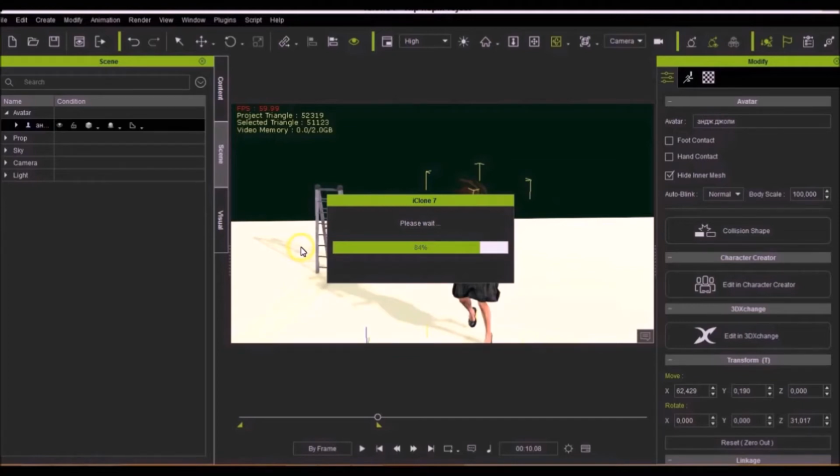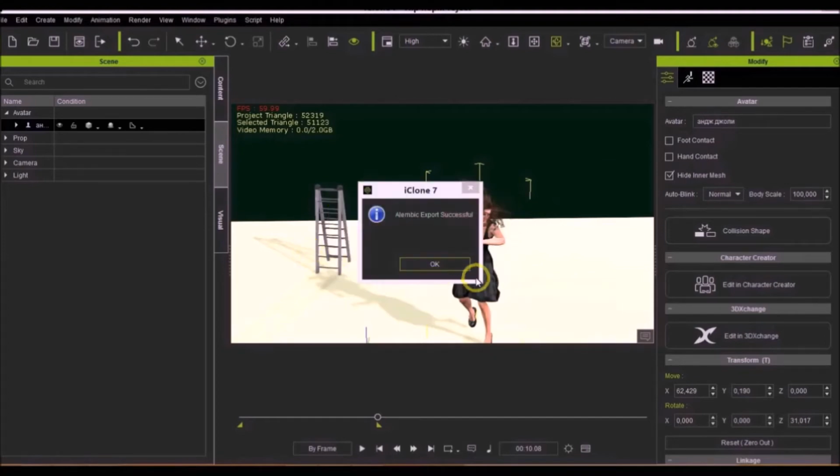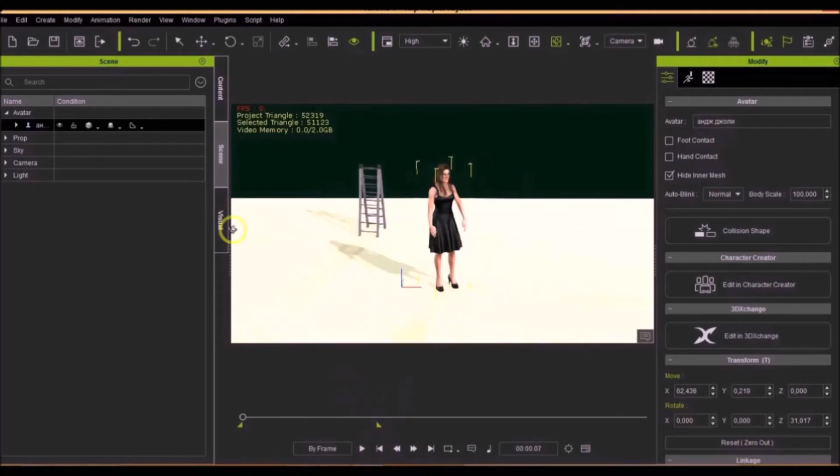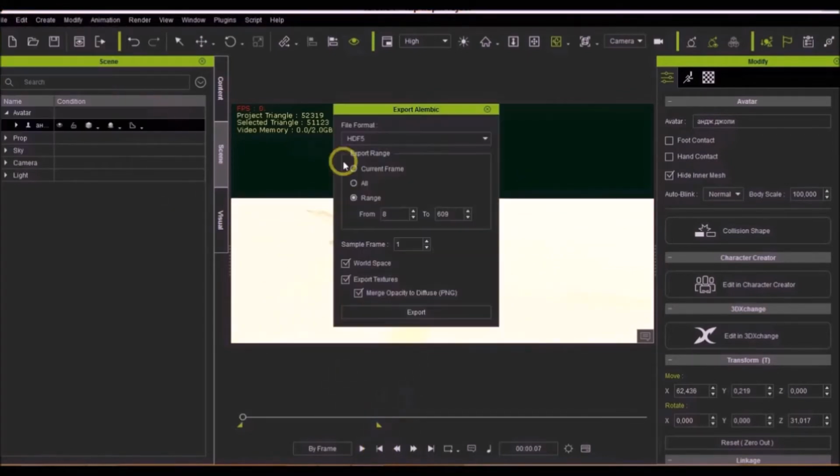For example, let us emphasize once again that it's better to export static object props using the radio button current frame in the export range. But if you are exporting a soft close object, for example hair or clothes, then you better select the radio the all button.